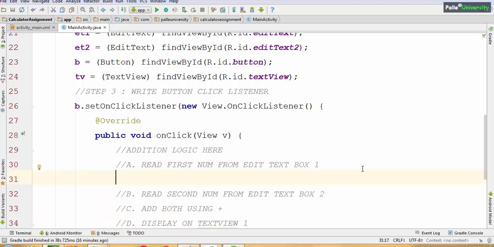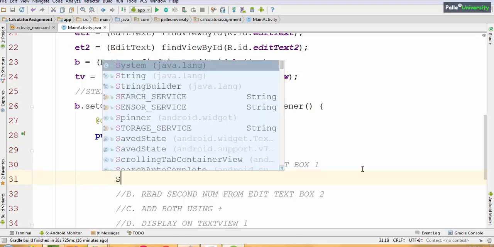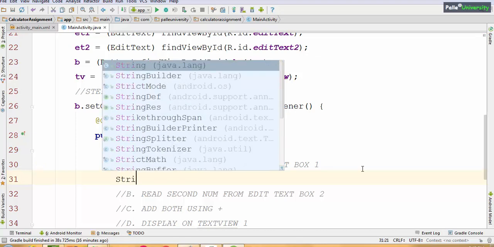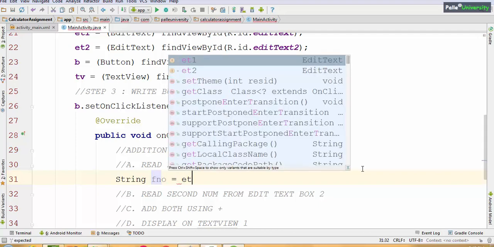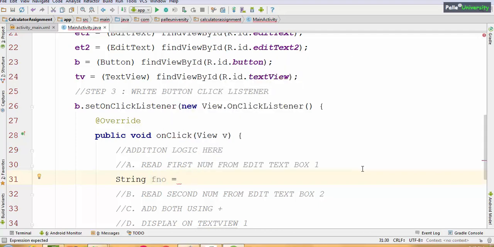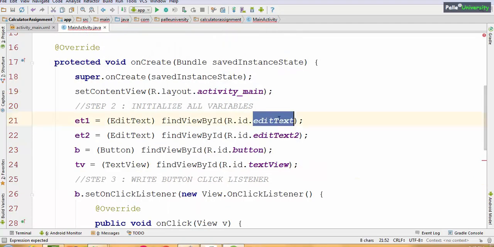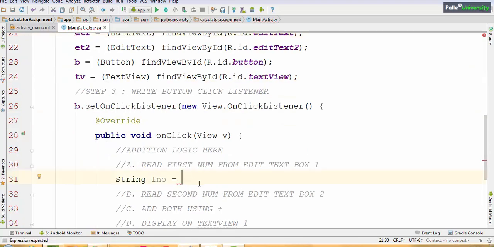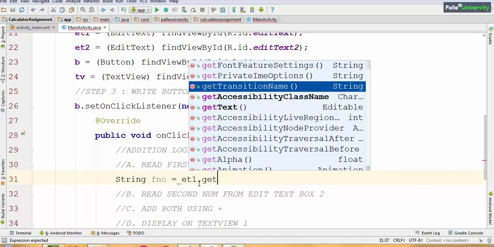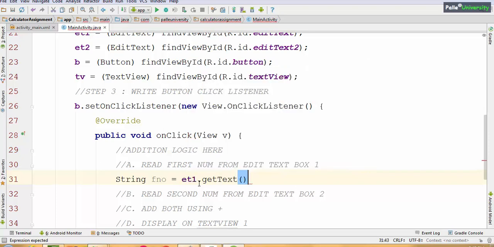Though the user is entering numbers, still we have to read first in string format. String, S capital letter, string fnumber equal to. How will you read the value from the first edit text box? The first edit text is pointed to by et1. So you have to say et1.getText, select this, .toString, semicolon.